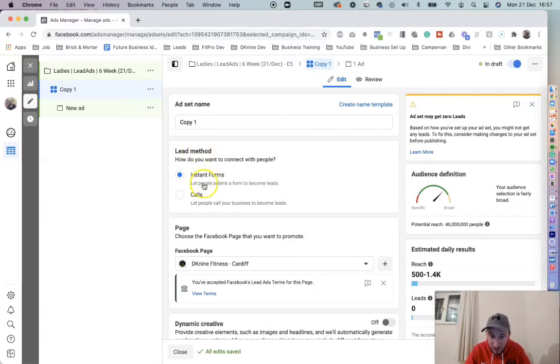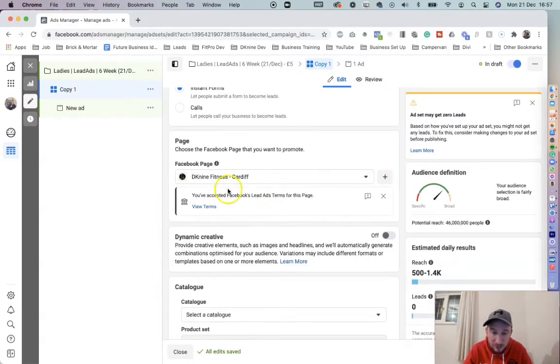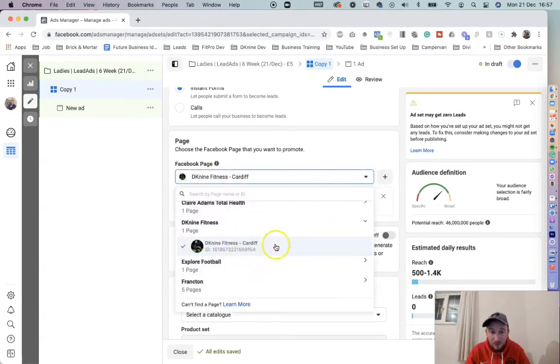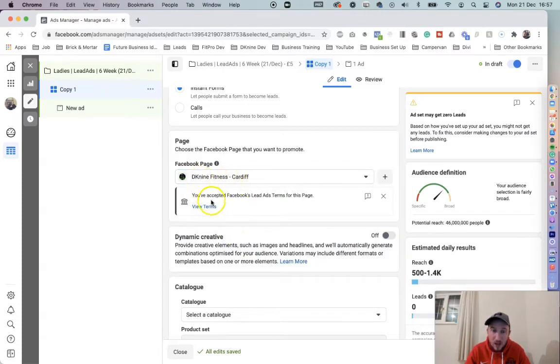So that lets people submit a form to become a lead. As you scroll down a little bit further then, it's going to ask you to select your Facebook page. The Facebook page that you're admin of should be the one that loads up here. If it's not, just click the down arrow and it will give you a few other ones that you can click. So if I'm happy with David Kyle here, it might then say that you need to accept the terms